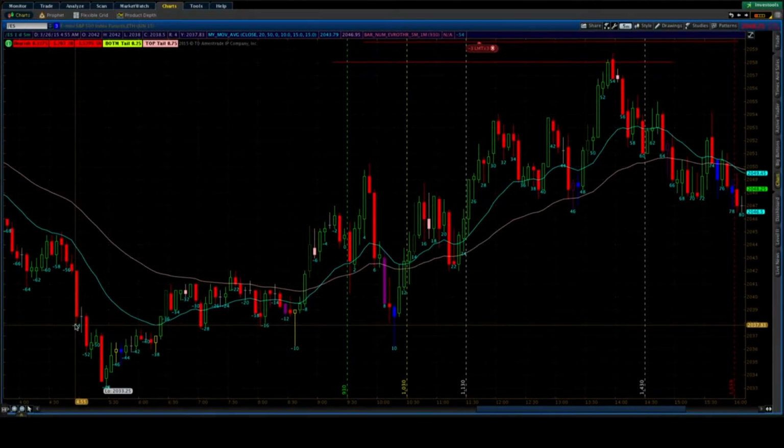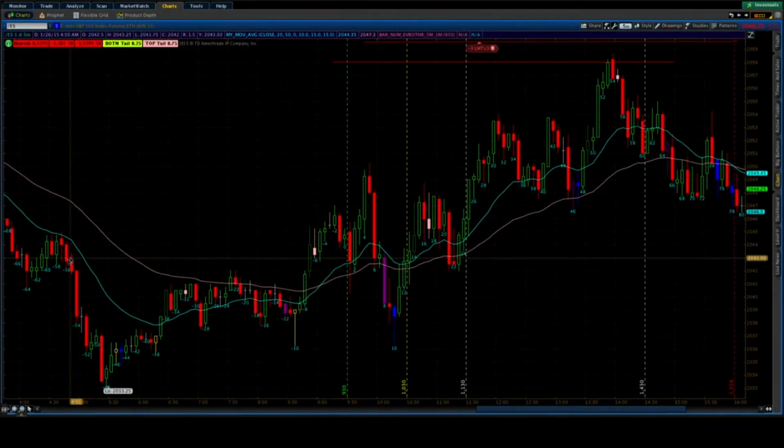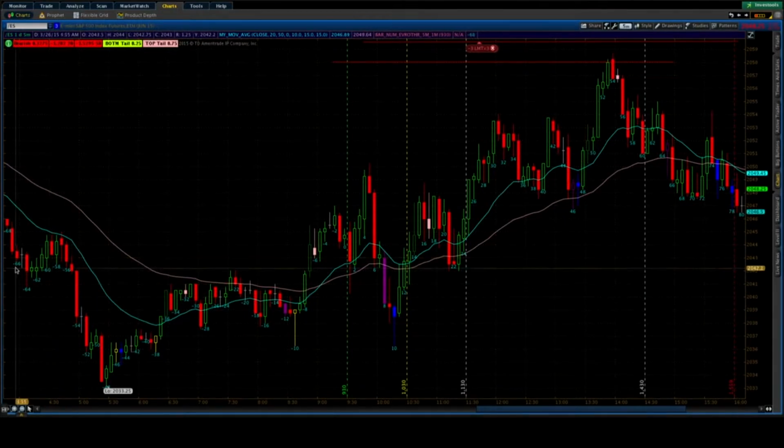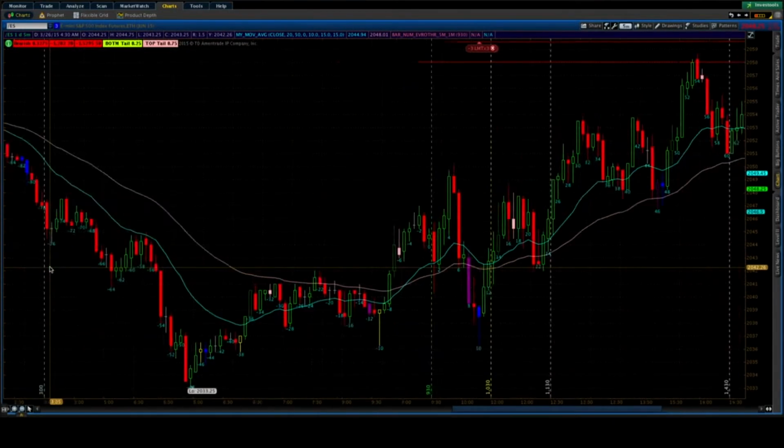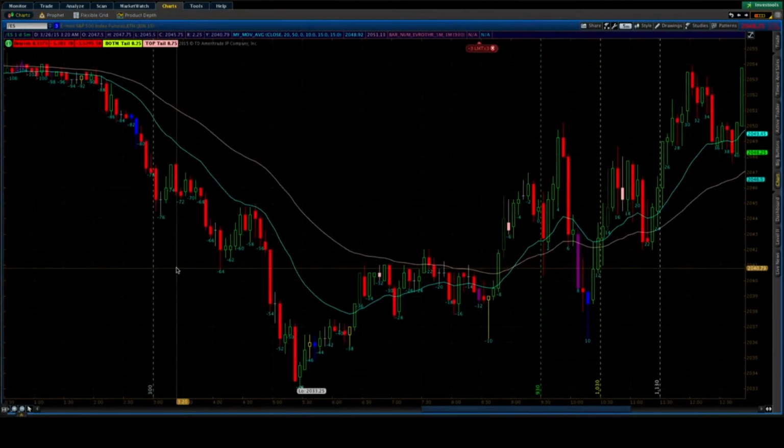But it's more or less kind of the same idea. There's a lot of conviction here. There's a great deal of energy here towards the selling. However, if you analyze and read a little bit about price action here,